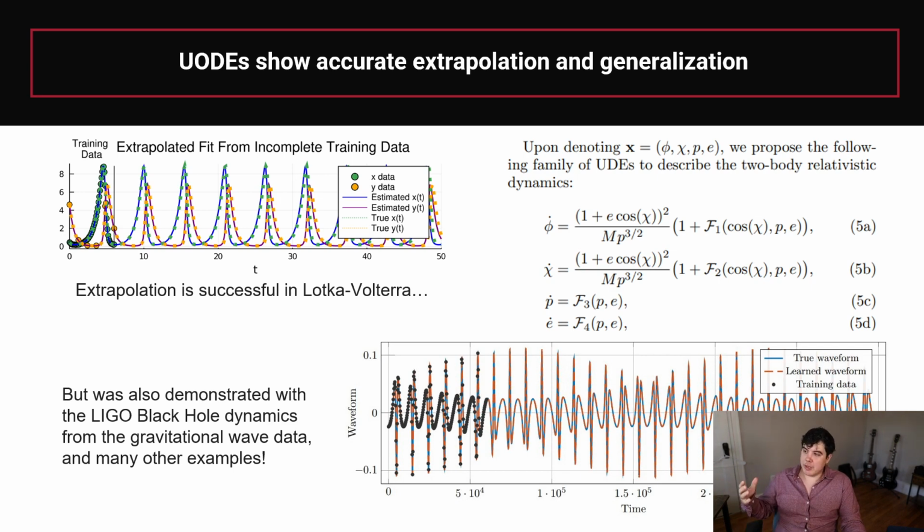You can ask yourself then, what is the simplest representation of the corrected physics, and can we learn that directly from only our knowledge of the simple physics, right? This was done by a group of researchers who did this on some of the waveform data. This is what I showed at the beginning, that they used data points up to 5 times 10 to the 4th in time, and they extrapolated out an entire order of magnitude more in time, and they showed that it's able to learn something that is at least close enough to being a correct model that it's an interesting model